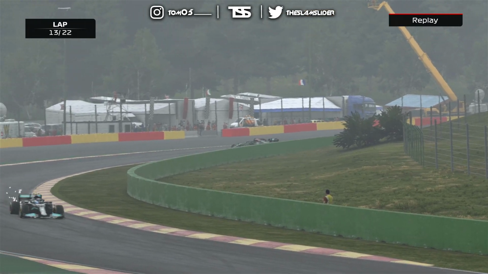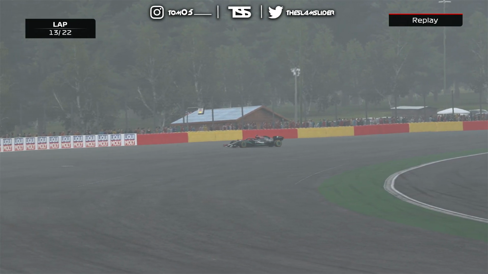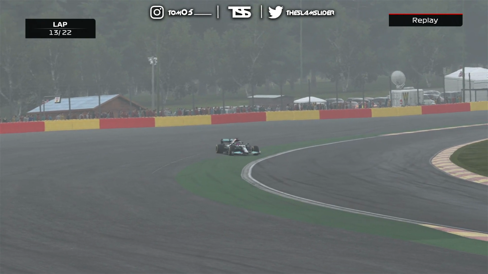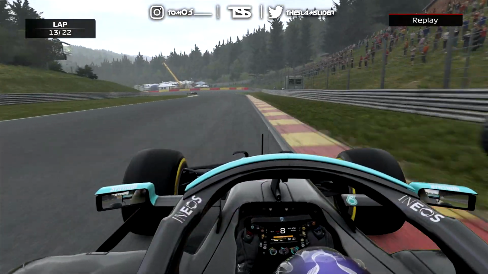1, and he loses the back end. Can Hamilton save that? Hamilton spins around in second place, and he's going to lose buckets of positions. Hamilton bottles it, cracks under pressure while trying to catch the championship leader, which is his teammate, to make things more dramatic. And yeah, Hamilton spins quite spectacularly